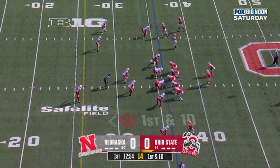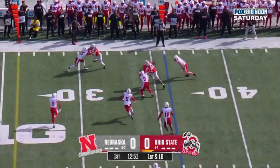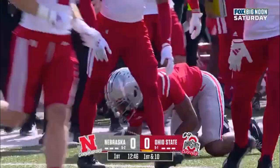5 rushing touchdowns for the Kansas State transfer. They throw it on first down, and he throws it out wide to Carnell Tate. He makes a couple of people miss. And